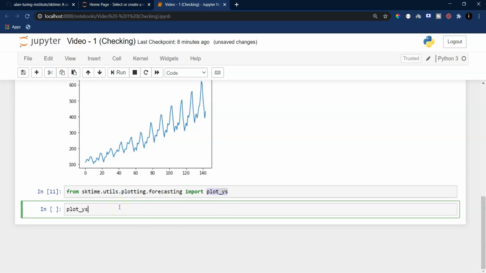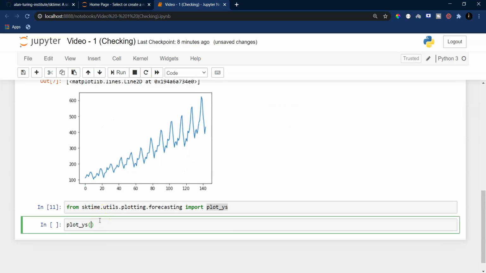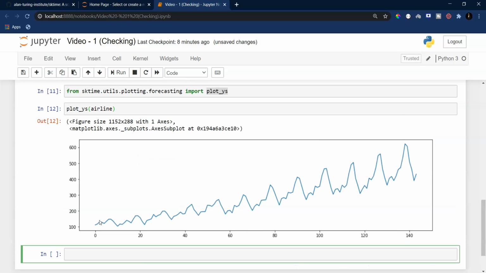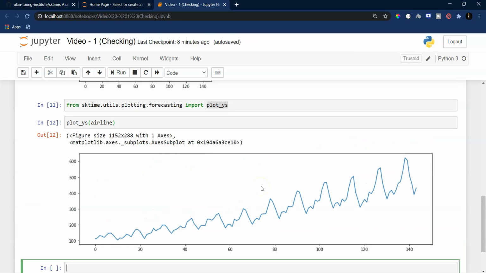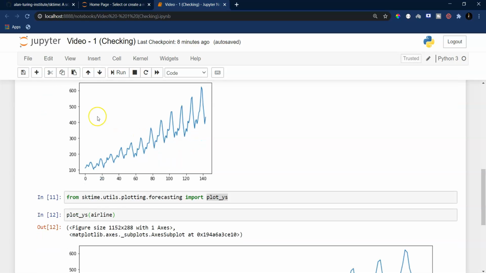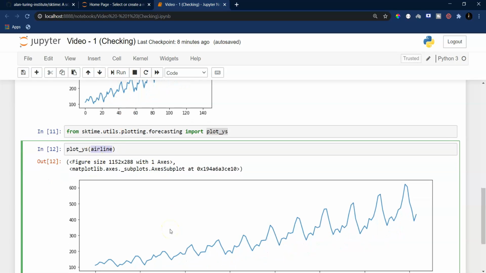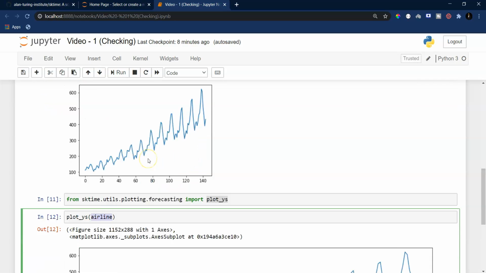Now I can pass any time series variable to this function, and it is going to plot that variable in a time series format in a much clearer way than what we would get with default matplotlib. This is the last part of this video, and we will cover more in later videos. But one question you might ask is, why would someone prefer plot_series over matplotlib when they result in pretty much the same plot? The only difference is in the size.